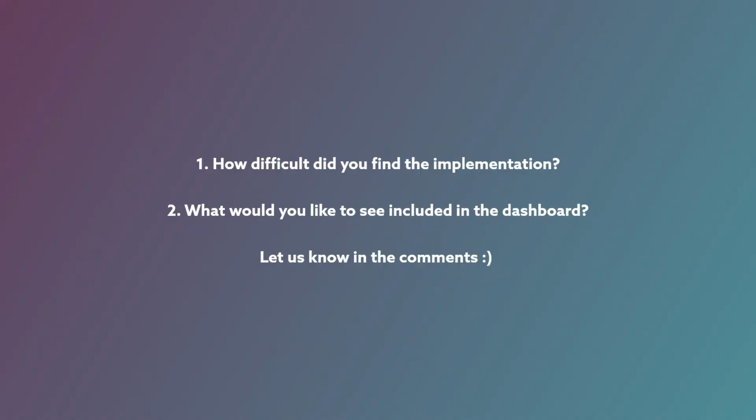So we've covered a lot of ground in this video. It's a little bit more technical than some of our other implementations, and that's because this is a feature which we would like to develop further, and so we're really looking forward to getting your feedback on a few areas specifically. One, how simple or difficult or complex have you found both the tutorial and the implementation efforts on your side, even just for the manual Google Sheets entry, but also on the Timely and Zapier integration. And secondly, we'd love to hear any other aspects of the time tracking workspace which you would like to